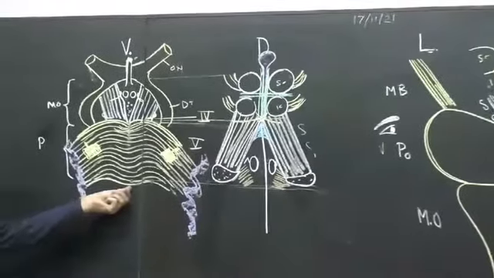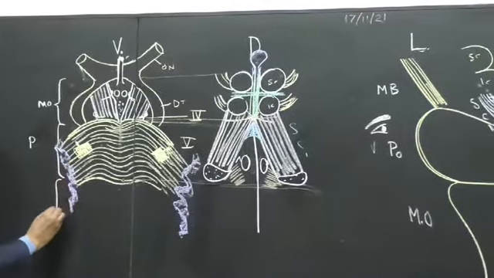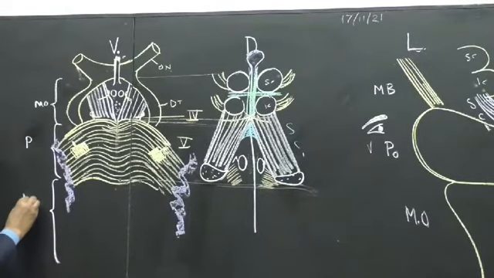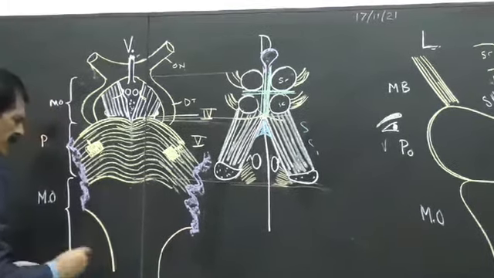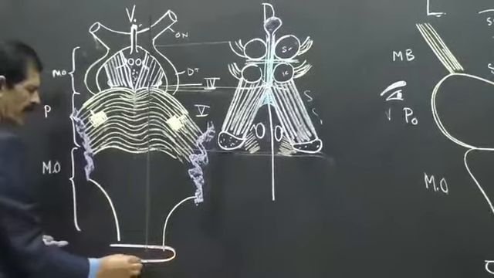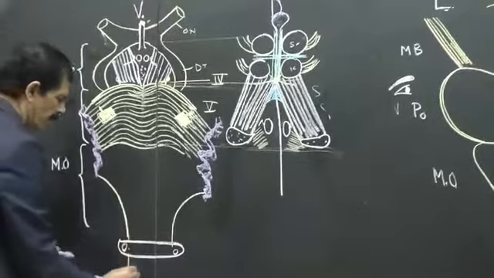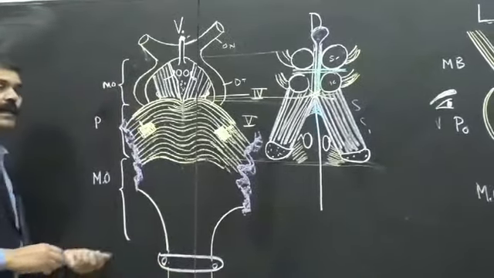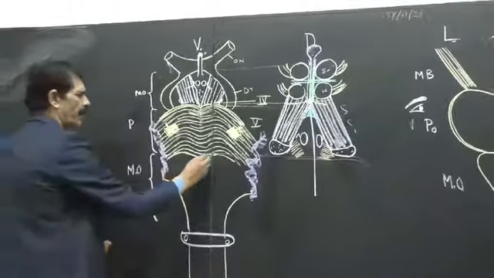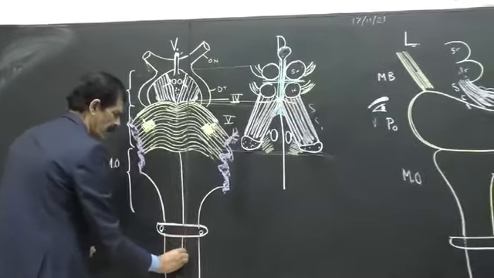Then next is the medulla oblongata. Where the medulla starts, the pons ends. And what is seen on the surface of the medulla? On the ventral aspect, or the anterior surface, is the level of the first cervical vertebra, C1, the start of the spinal medulla or spinal cord. So the ventral aspect of the medulla shows the anterior median fissure, which is continuous in the spinal cord as well.